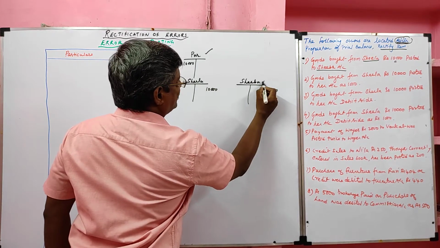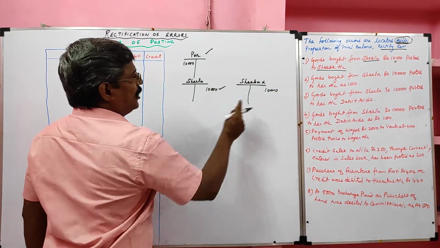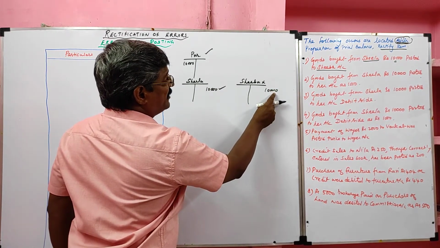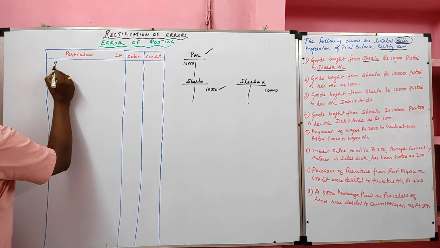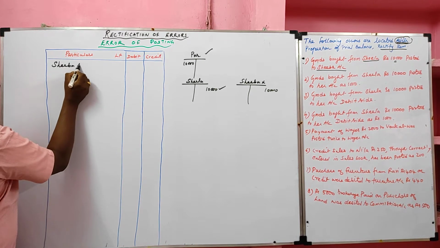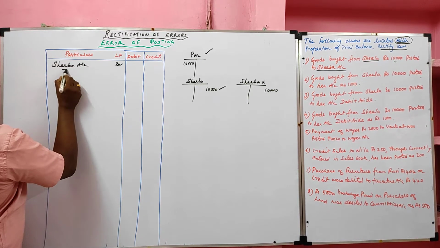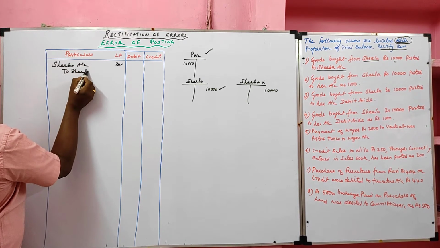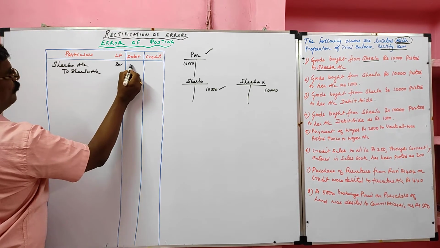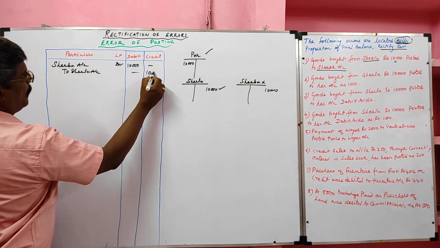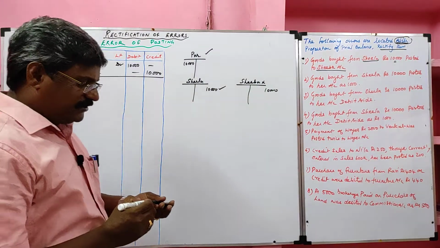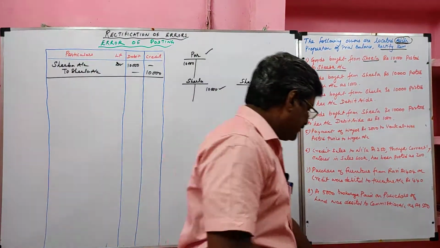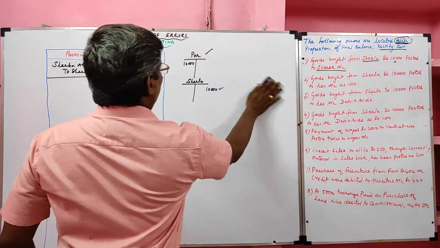So we have to cancel the Sheba. We should record Sheila. So Sheba where she was, she is in the credit side. For cancellation, Sheba goes to the debit side. Sheba account debtor to Sheila account. Value how much? 10,000. This error is not disclosed by the trial balance. Next, let me see the next problem.